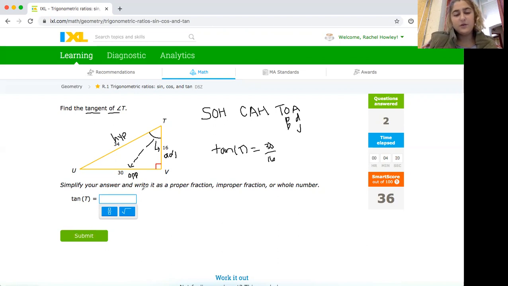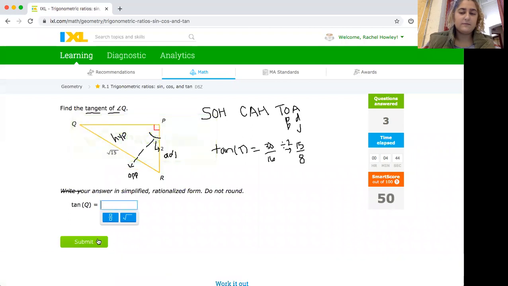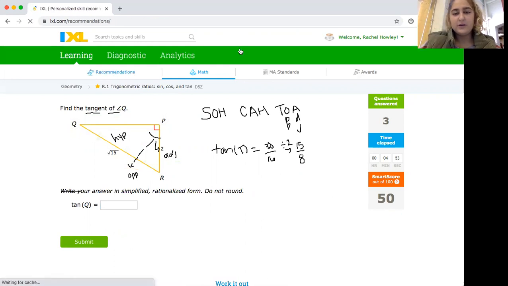Okay, and so again, it asks me to simplify. And so 30 and 16 both have a 2 in common. So if I divide both by 2, I get 15 over 8. So I don't enter it as 30 over 16. I enter it as 15/8. Okay, so you can see my SMART score is going up as I keep doing these problems. So if I want to go back to another recommendation,